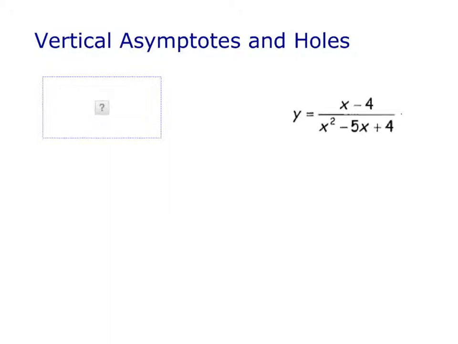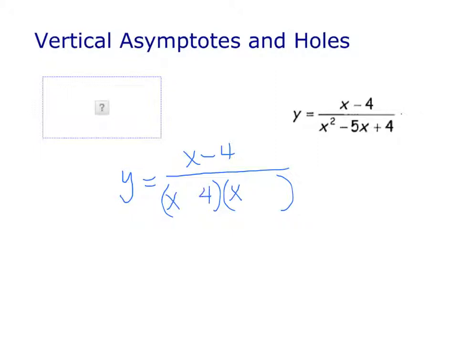Okay, so this screen didn't transfer very well from the Smartboard software, so just ignore the question mark over here for now. But this is the same problem that was on the previous screen, y equals (x minus 4) over (x squared minus 5x plus 4). And so what we did to find the points of discontinuity was that we factored the denominator. So we did x minus 4, and if you'll recall, when we factored the denominator, the factors of 4 that